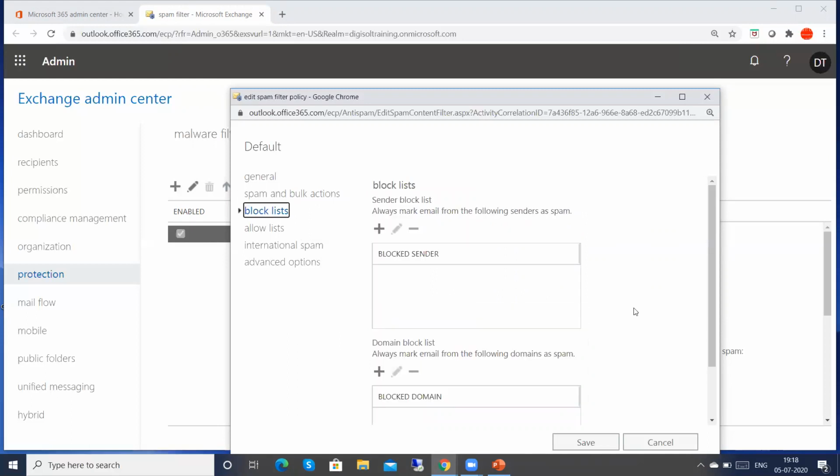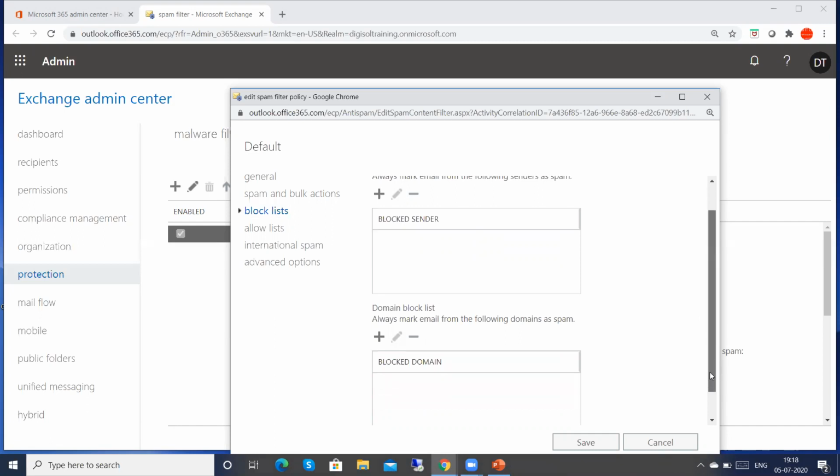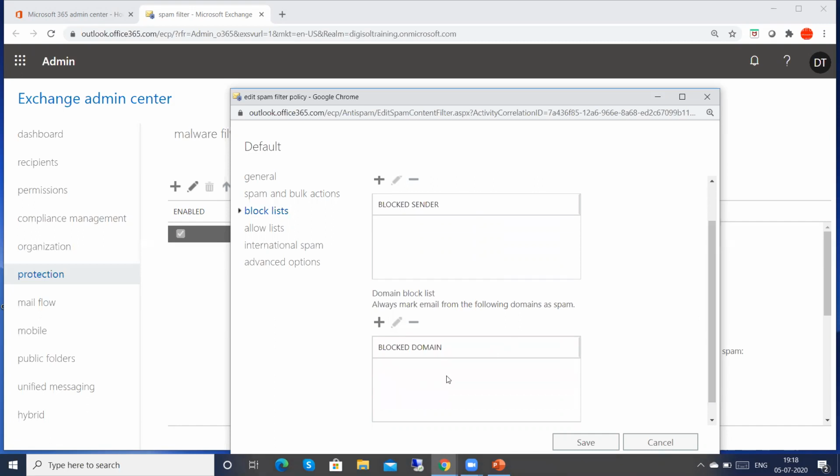And here also you can block or add a domain, right? If you want to block any domain, then you can block it, right? The sender block list is there, where you can block individual senders. The domain block list is there, where you can block at the domain level. If you are receiving spam emails for multiple users from one specific domain, then you can block that domain.